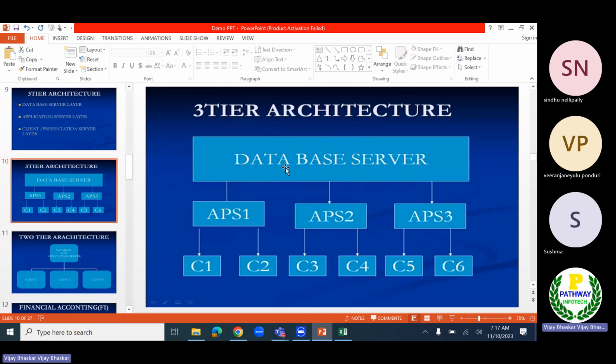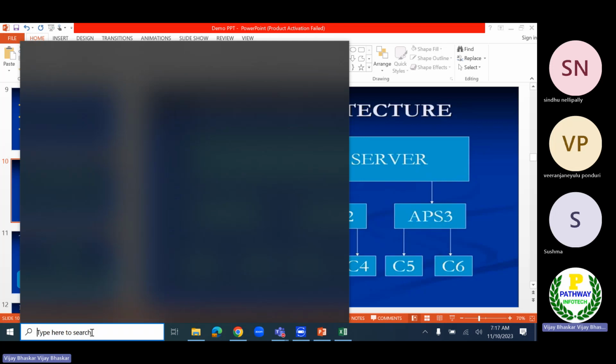The data which I want to store on the hard disk, for that I would again require an application. This is the application layer where I need to run my database. Again, the presentation layer is where business users log in. Let me show you that one.